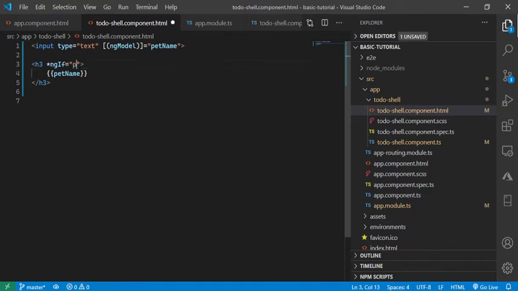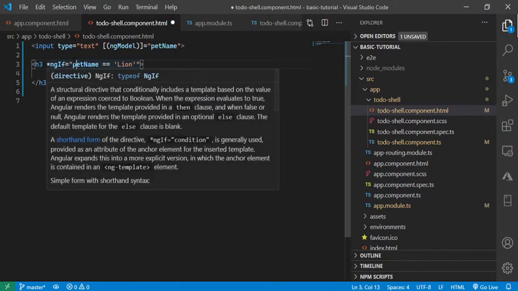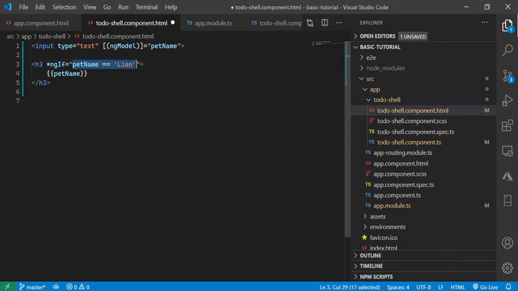So I'm just going to type this pet name and provide a condition. Right now the value is tiger. If the pet name is lion, that time only display the output. So which means this if condition will become true whenever the value becomes lion.